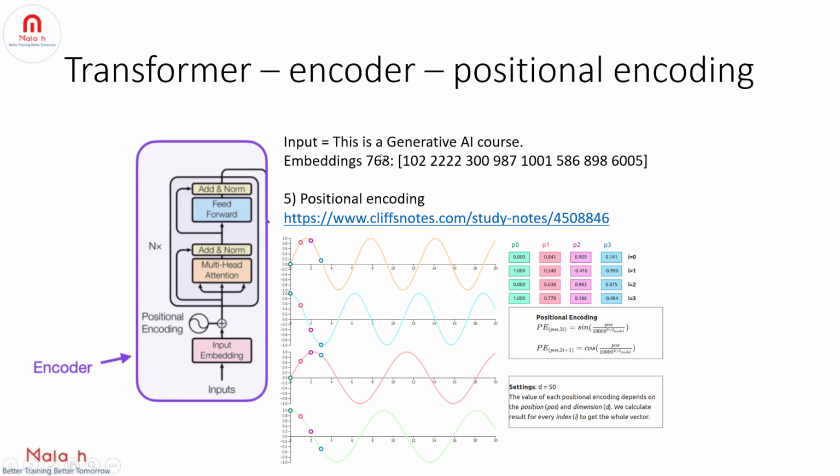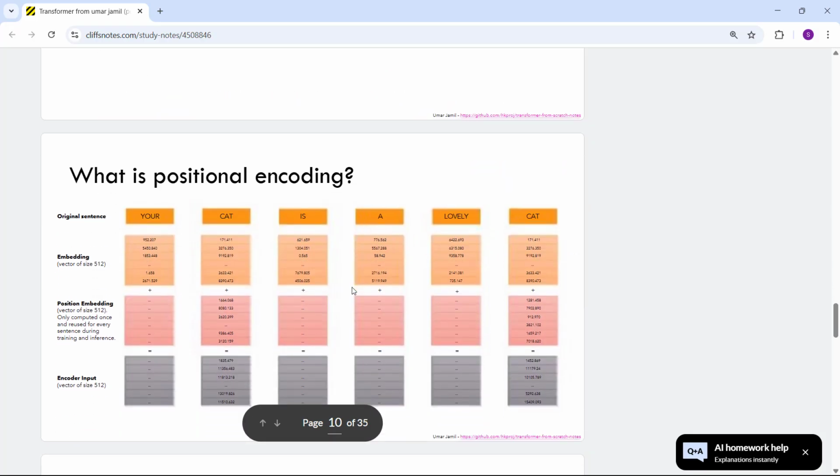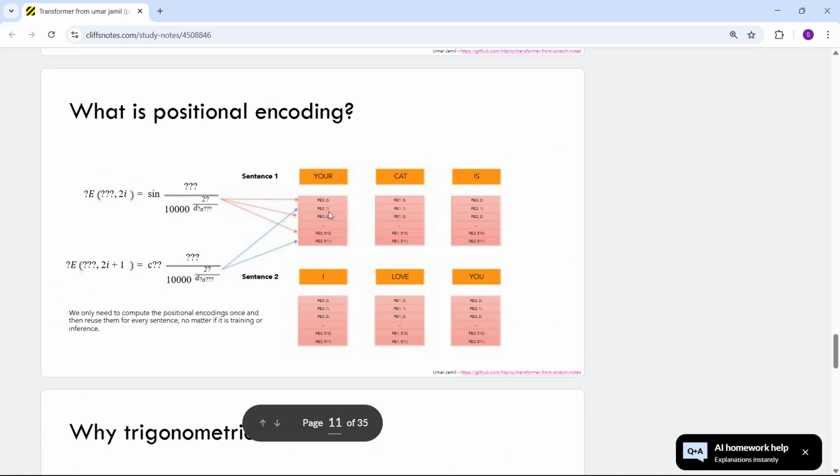In our example, as you can see, the word AI is very close to the word course. And similarly, the word this is very distant to the word course, right? Here you can see the input sequence is "your cat is a lovely cat." So that is the original sentence, and they are trying to apply positional encoding here. So here they are using GPT, so that's why you are seeing 0 to 511, because each model will have a fixed vector size, right? So that is how we are trying to get the positional encoding by using sine and